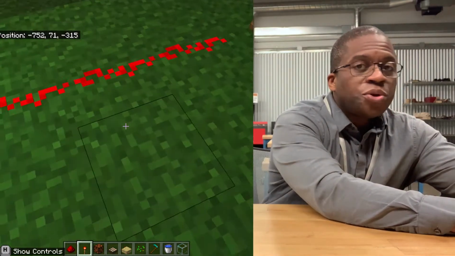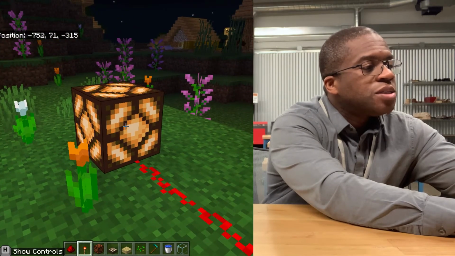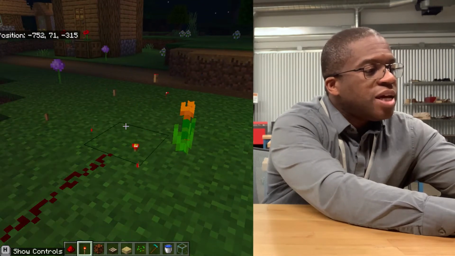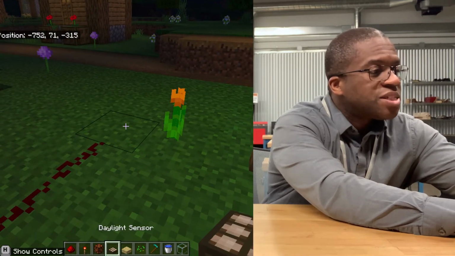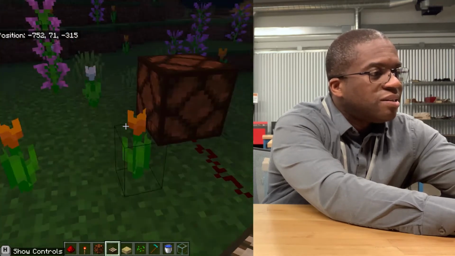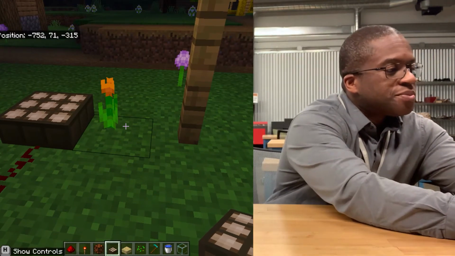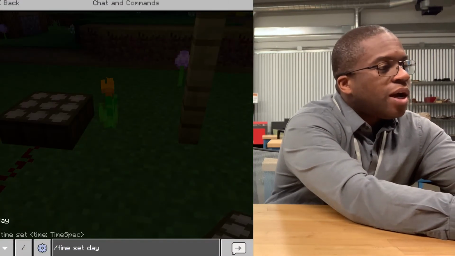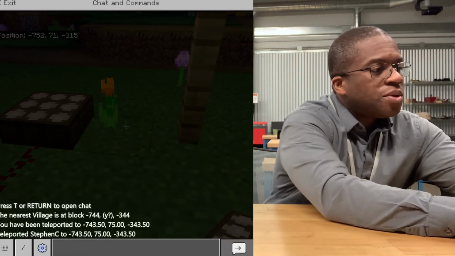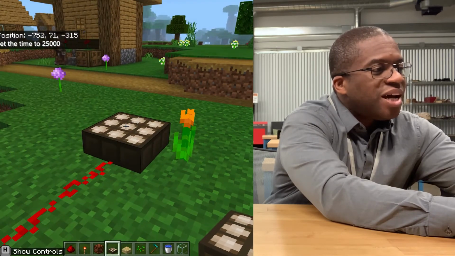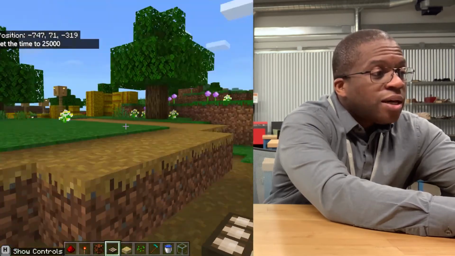In order to make it go further, I need to use a repeater. I am going to get rid of this, and instead, oh, it doesn't work anymore. I'm going to use the solar sensor, the daylight sensor. Oh, nothing. Well, I suppose that makes sense. It's not day. So I'm just going to use a command to change the time. Oh, it's daytime. Oh, and it's glowing. And so in this way, we're making solar power